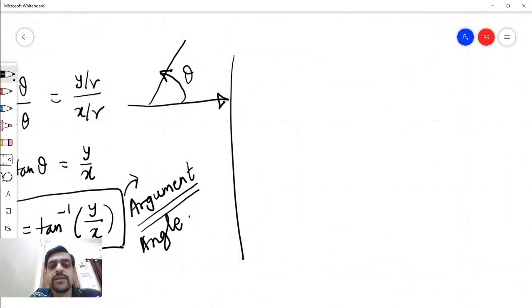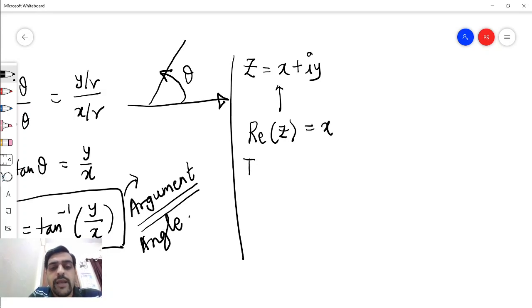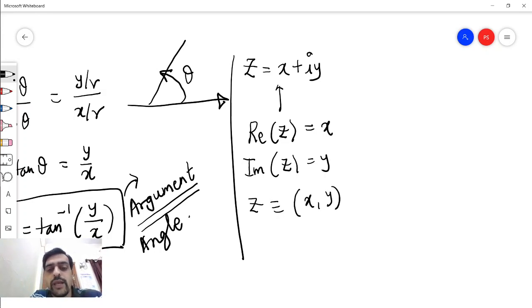So just to summarize, a complex number z can be written as a combination of real part and imaginary part. So the real part of z is x and the imaginary part of z is y. This z, which is expressed on a graph by a coordinate pair xy, can also be represented by a coordinate pair r theta called the polar form,